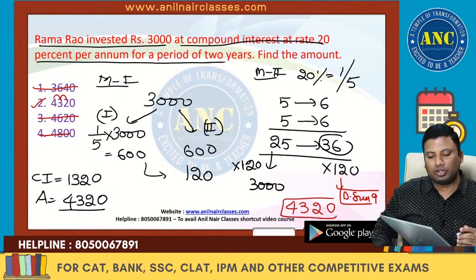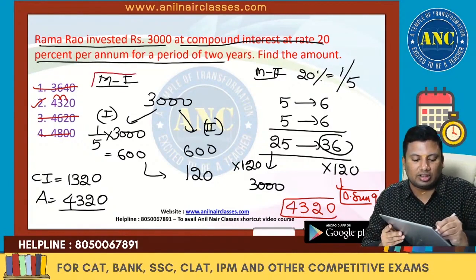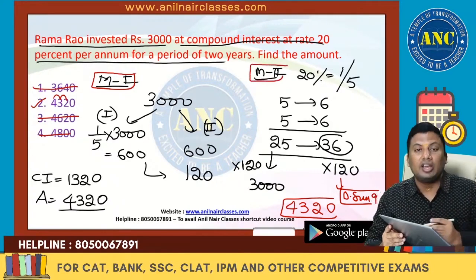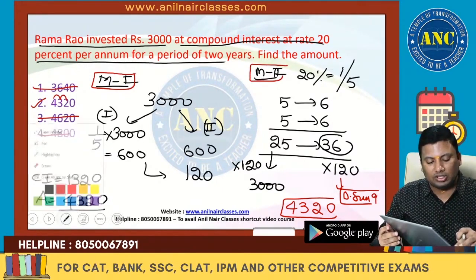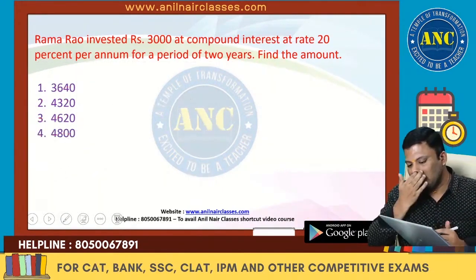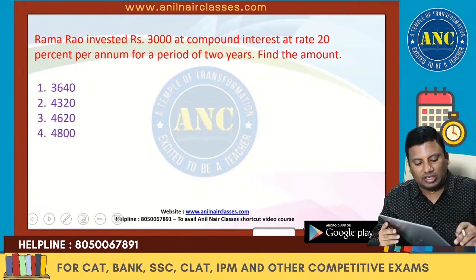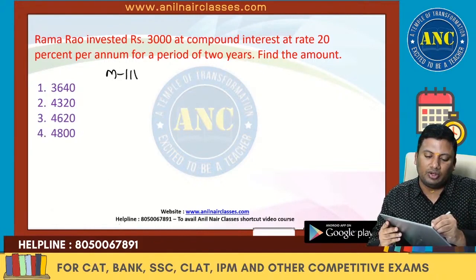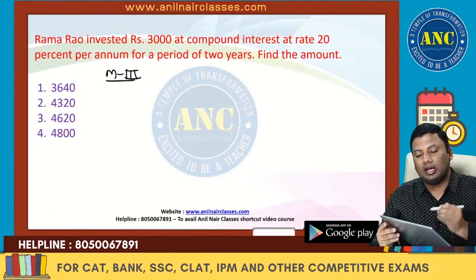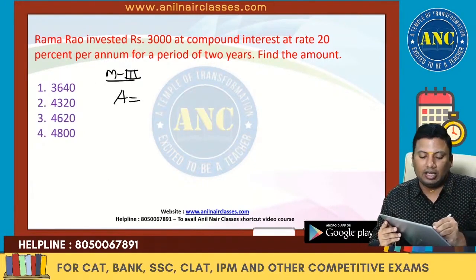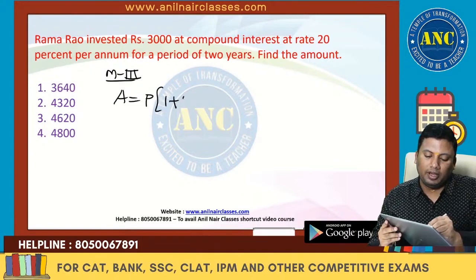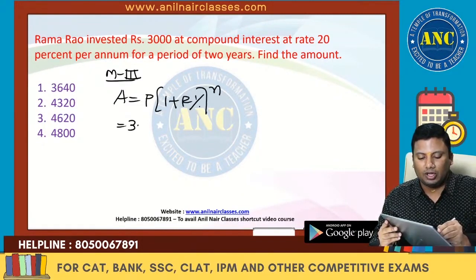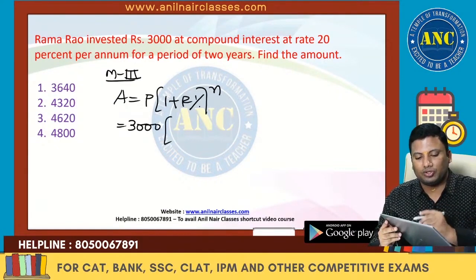The answer is 4320. Method 1 is the interest on interest method. Method 2 is the change method. Method 3, can I use digital sum? First two problems, I'll just give you an idea, then you decide which method to choose depending upon your practice. Amount is nothing but P into 1 plus R percent power n. This is 3000 into